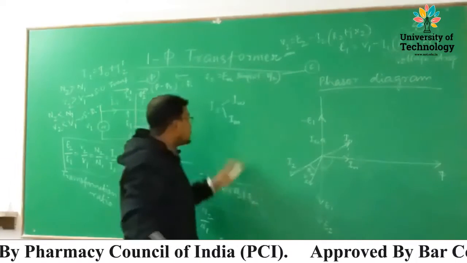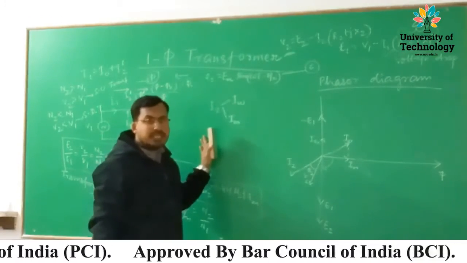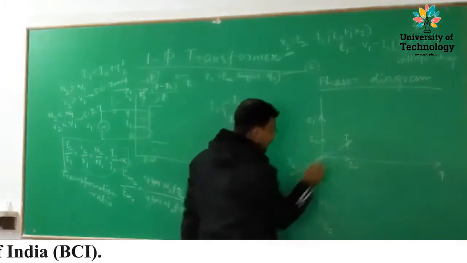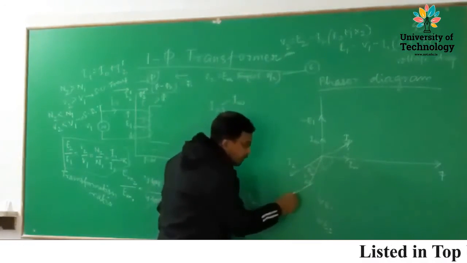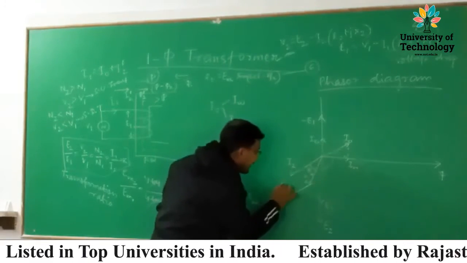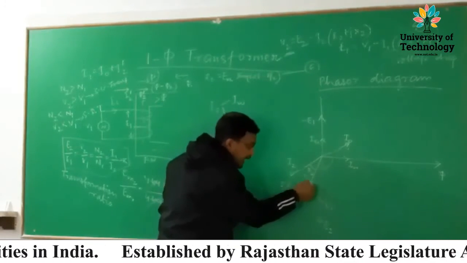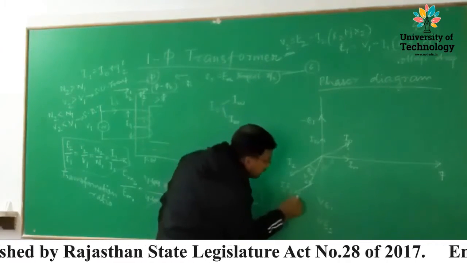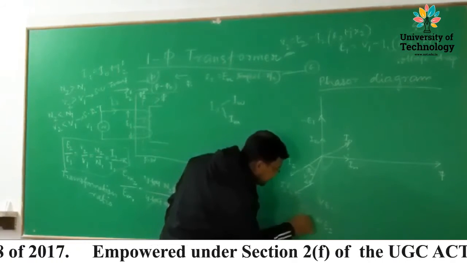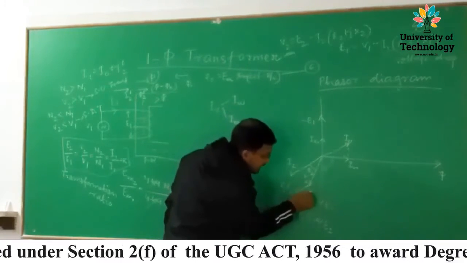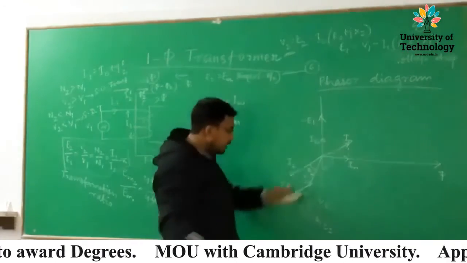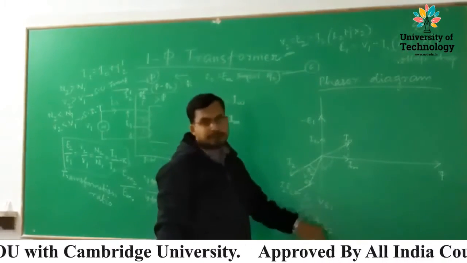Why is it lagging? Because the load we are considering is inductive in nature. Now this I2 R2 drop is a resistive drop, which is parallel to the load current or secondary side current, that is I2 R2. With this, I2 X2 is perpendicular to this one, so it is I2 X2, and the resultant of these two is known as I2 Z2, and the resultant of E2 and I2 Z2 is